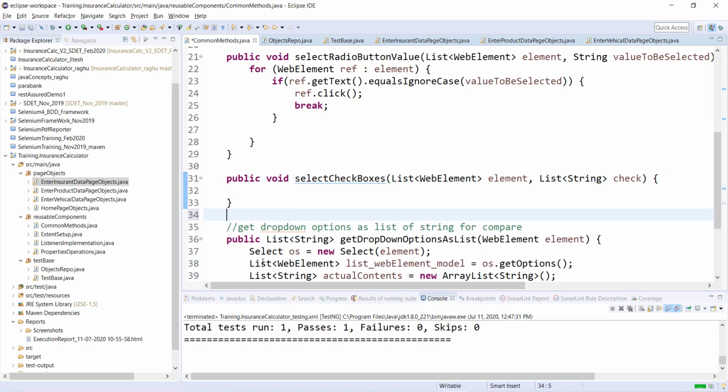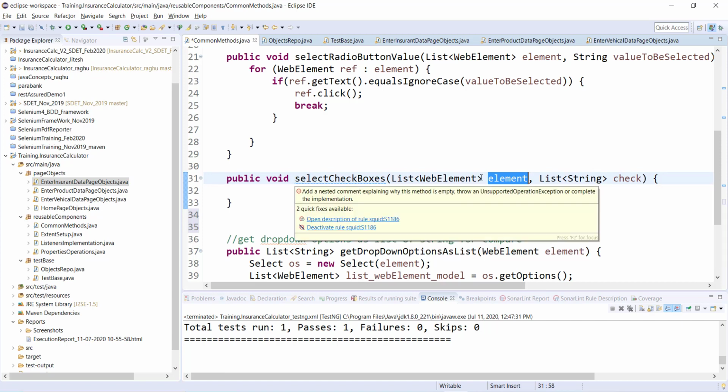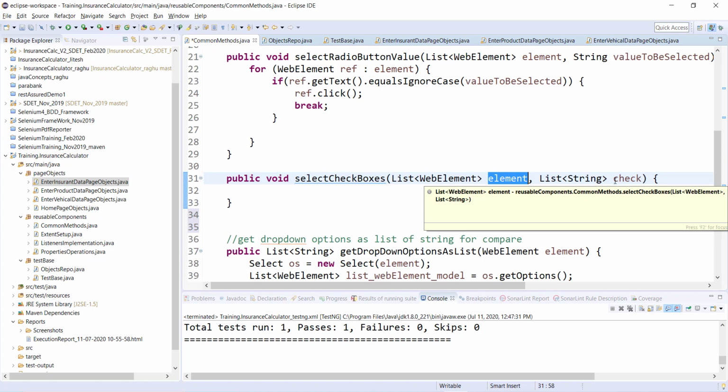Okay, now let me start it from scratch. Here I think we would need two iterations, but let's see how it goes. We have two things, right? We have the web elements and we have the checkboxes, two lists basically where we need to apply the iterator.